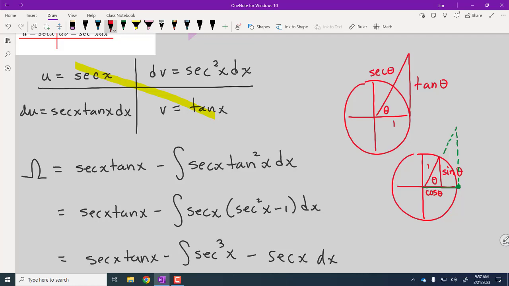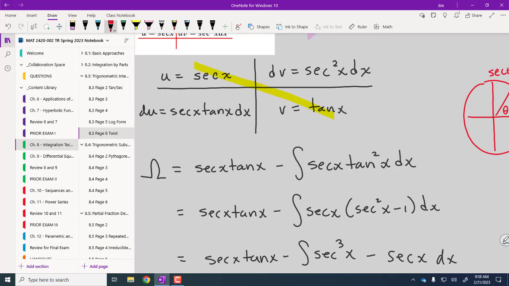And mentally, we could also just do it algebraically. Tangent is sine over cosine, so there's a cosine in the denominator. Secant is 1 over cosine, so there's a cosine in the denominator. And at pi over 2, what's cosine? 0. So we're dividing by 0 in both cases. So you can think of it analytically as division by cosine, which is division by 0 if you're at pi over 2, or you can think of it visually that you just can't make those triangles. Okay, so